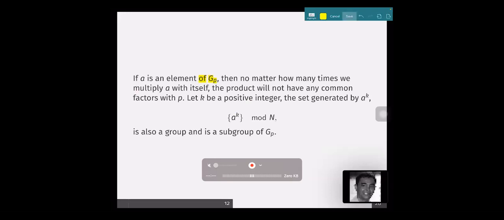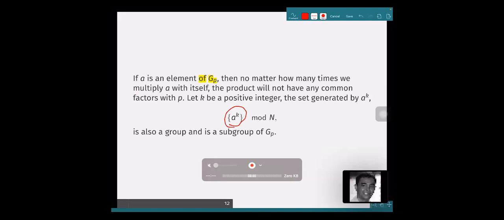So now let K be a positive integer. If you get A and you get the set, from K equals 1,